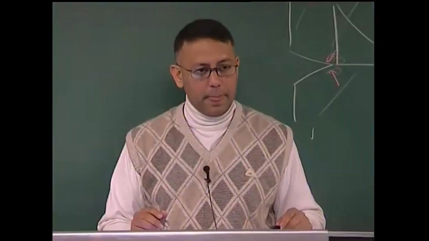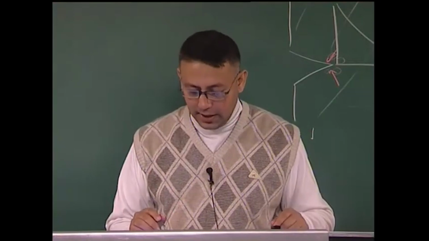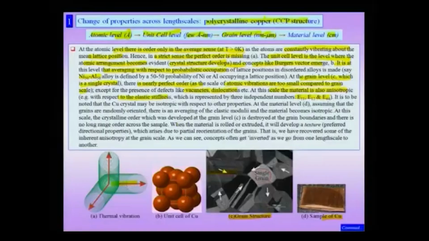Therefore, I just need 2 elastic moduli to describe the entire polycrystalline copper specimen. So, there is no preferred orientation at this length scale. However, if I roll or extrude this material, I would notice that I can develop a texture in this material. In other words, it could actually develop a preferred orientation, which occurs due to partial reorientation